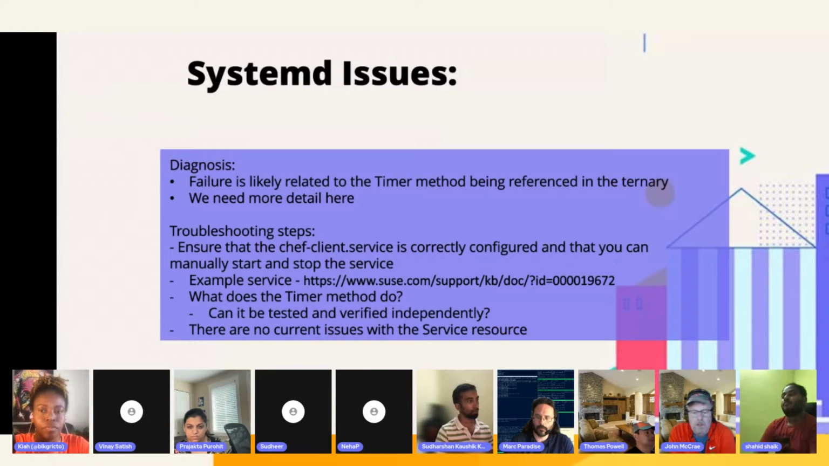I included right there an example of what a basic service could look like to make the Chef client run with. It's about a third of the way down on that page. The next thing I'd troubleshoot is take a look at the timer method and see if you can execute that or get it to produce some kind of viable output for you on its own, and make sure it's working correctly. And then maybe after that, reconfigure your